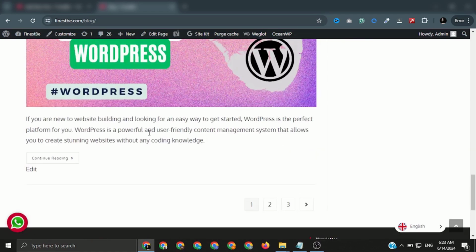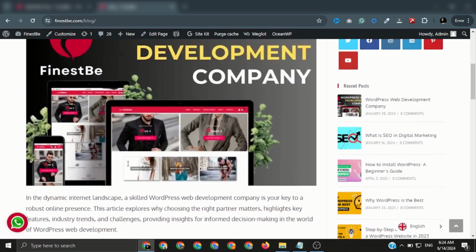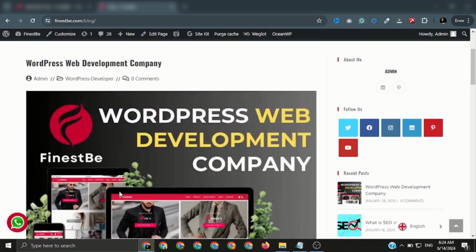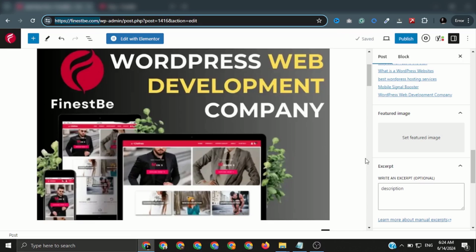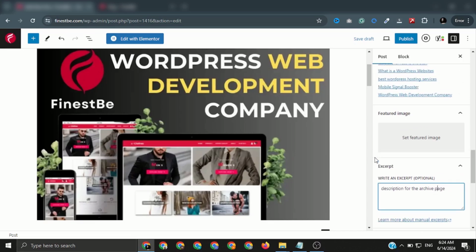These are the short descriptions that make the users click and read your post or article. So I'm going to make it a description for the archive page, and it's dynamic, it's not static. Posts are dynamic in WordPress and pages are static.